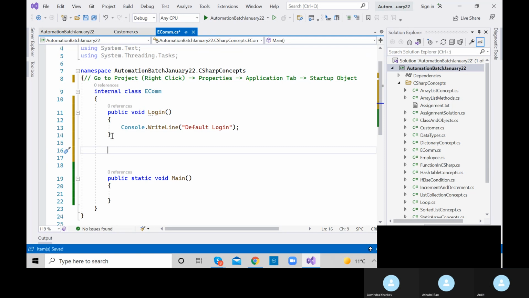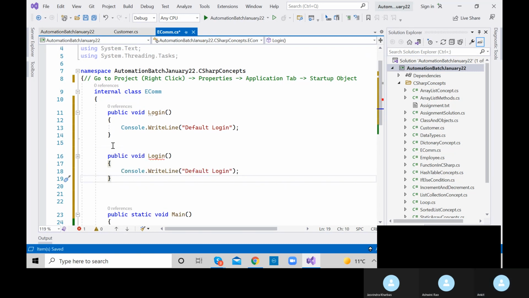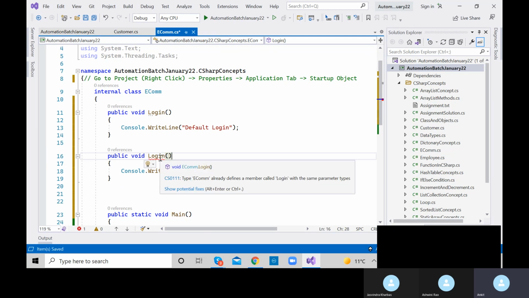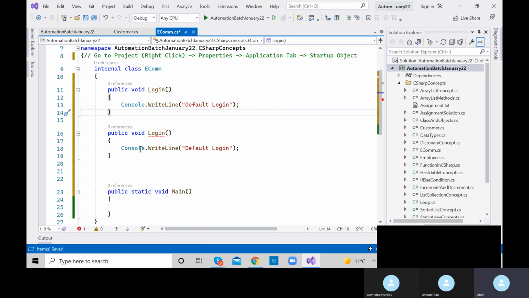Now, can I write it like this? Can I define one more method with the same name? Can I define two login methods? This is also a login method. This is also a login method. So this is giving an error. I cannot do that. This is saying type ecom already defines a member called login with the same parameter types. So the error is saying this ecom class already has a login method, so you cannot define it again,